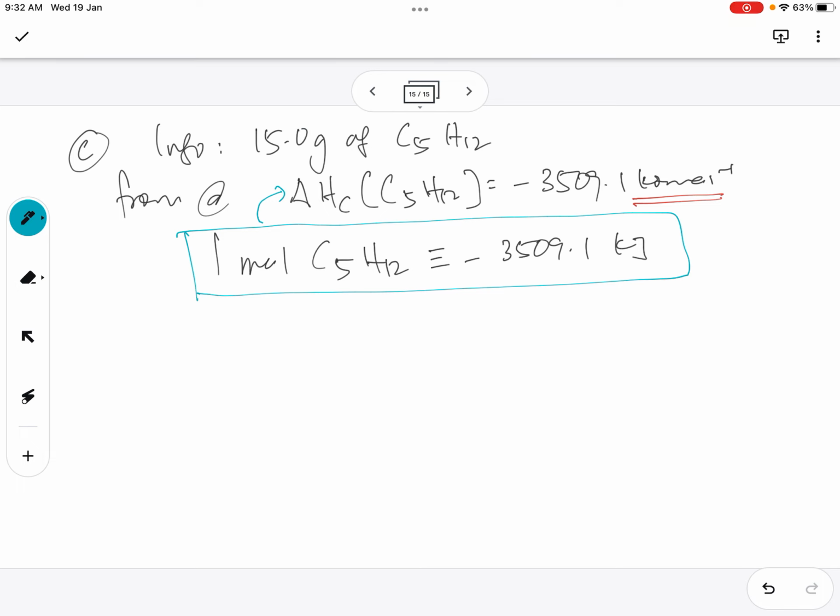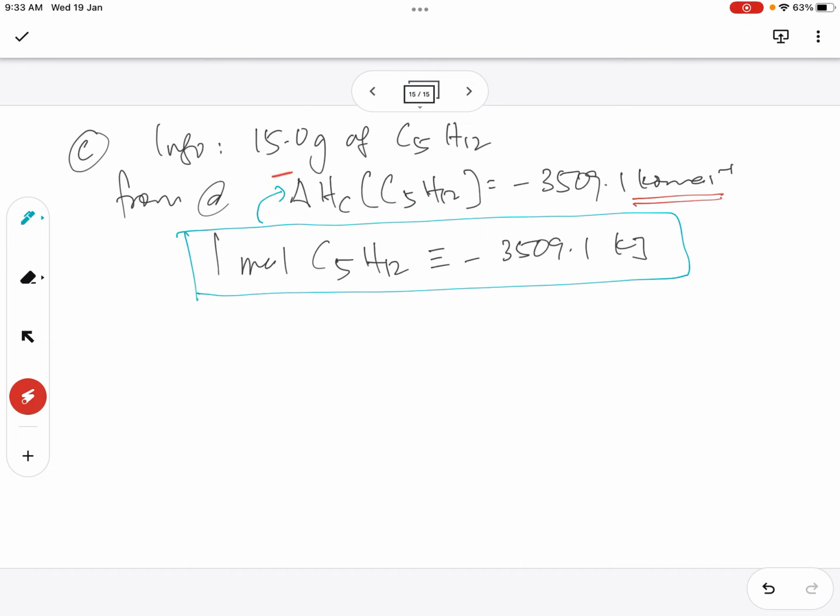Enthalpy of combustion of C5H12 is equal to negative 3509.1 kilojoule per mole. Kalau kita interpret dalam stoichiometry kita, understanding kita, 1 mole C5H12 releases 3509.1 kilojoule. So kalau 15 gram,